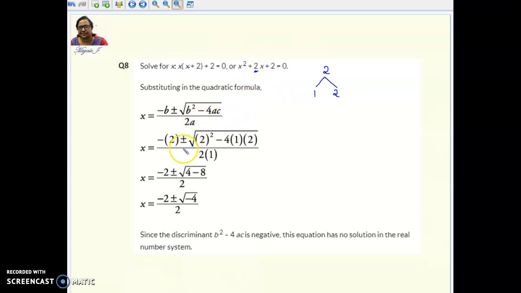So we'll go for the formula here. So substitute the values again. A equals what, the x square coefficient is 1, b equals 2 and c equals 2. Substitute those values here and you can see that you are getting a negative value here. So when you get a negative value, this is a complex root. As it was already discussed, you will not get a real value here. So plus or minus again you have, but you will have a complex value here.